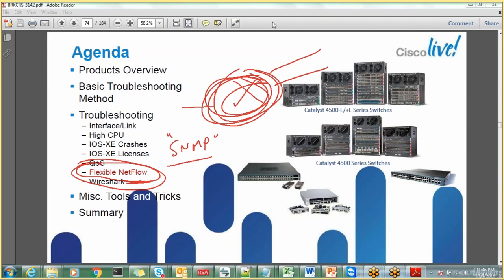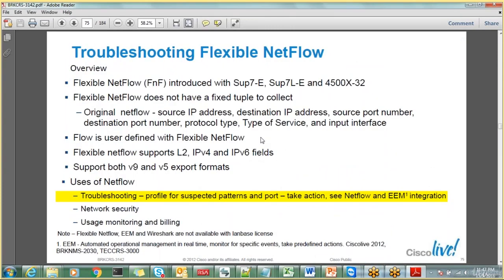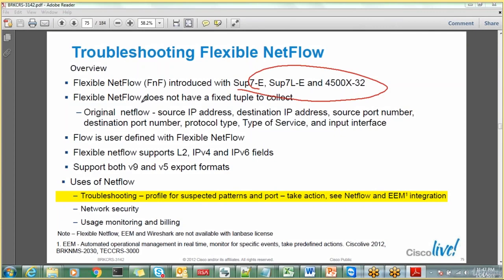So what types of records can you export or import? Actually, this has 7 different fields. Let me go to the next slide. FNF, flexible NetFlow, you can see here. Forget the supervisor engines, but what you can do in this NetFlow, and I will show you the example in today's class, is create this with respect to source IP, destination IP, source port number, that is SP, destination port, that is DP, and protocol type, that is, suppose, application,